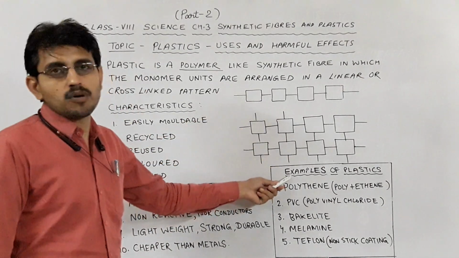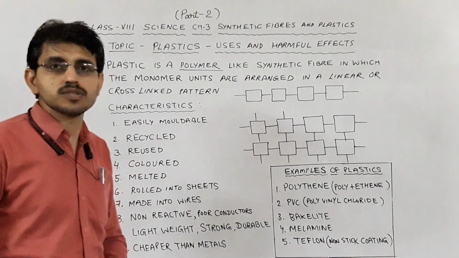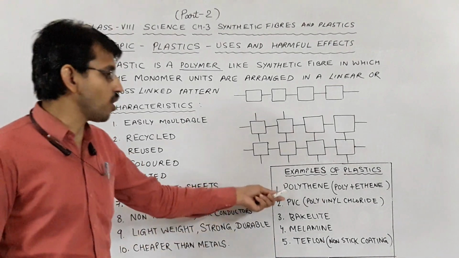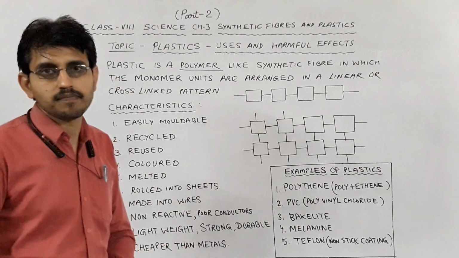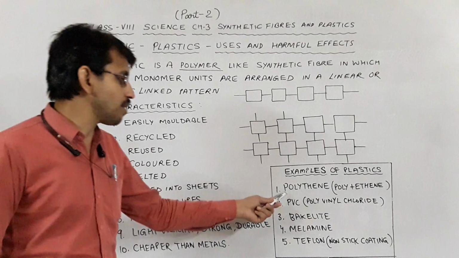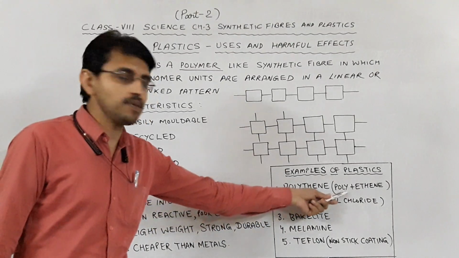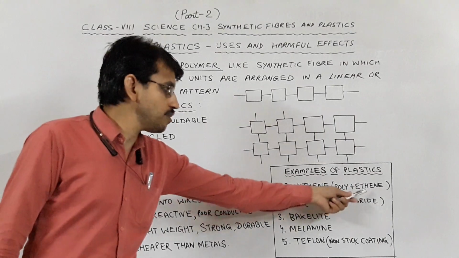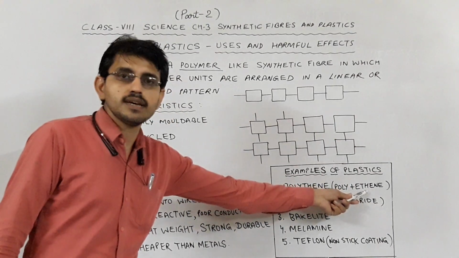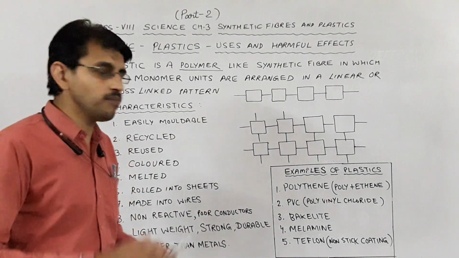Here are the examples of plastics that are used for the making of many substances of our day-to-day life. This is polythene, a very common plastic that we all use, polythene bags. The polythene bags are made up of polyethylene. The word polyethylene is made of two words, poly plus ethylene. So polyethylene means the monomer unit is ethylene, and many monomer ethylene units are connected together to form a polymer